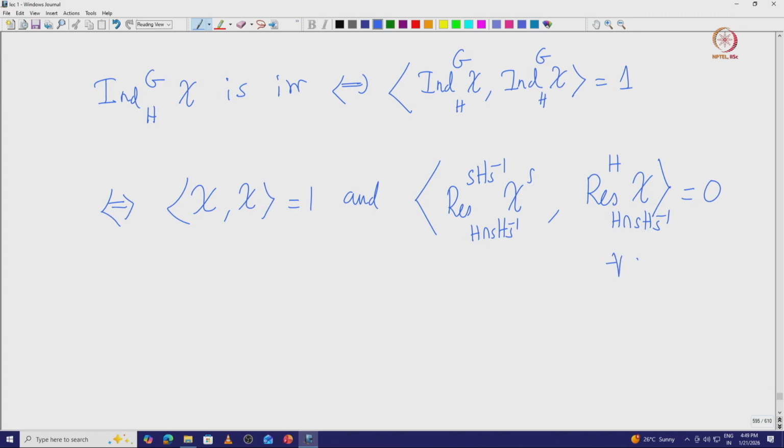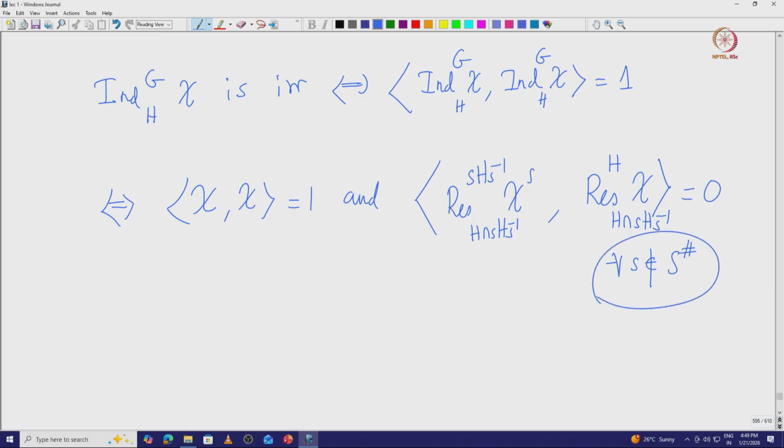And this is true for all S not in S hashtag. Now, note that this capital S is actually chosen to be some complete set of double coset representatives of these double cosets H mod G mod H. So, that means we can very well actually replace this S hashtag by any element that is not in H,